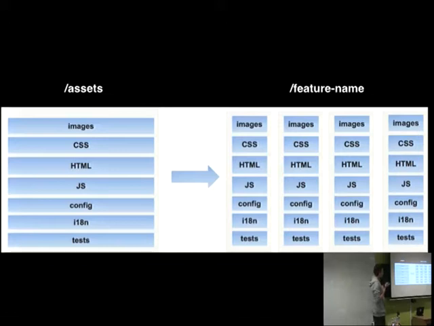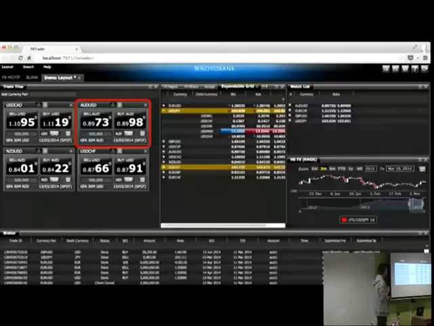So the solution that we've gone for is, we're building our features in isolation anyway, so why not have a feature name folder and then all our assets associated with that in the same folder? So images, HTML, config, JavaScript, tests, and so on. Who's doing that already? Only a few people then, okay. So because we know where everything is on disk and the tooling has this idea, we know that all the assets associated with that feature are on disk, we can take this FX trade tile